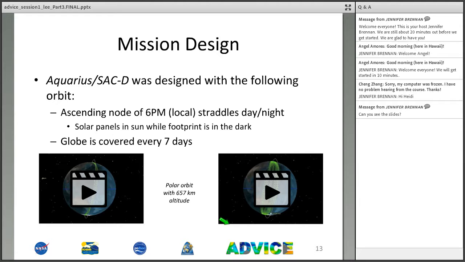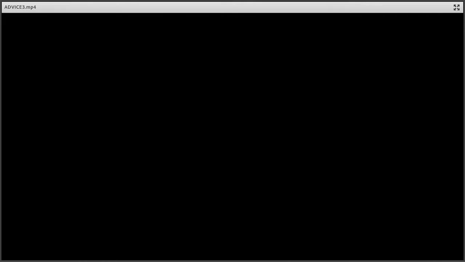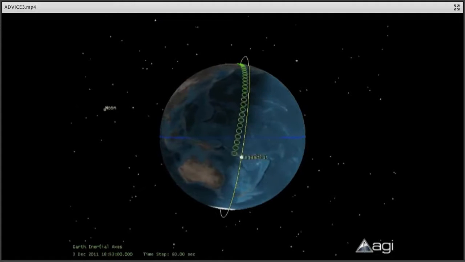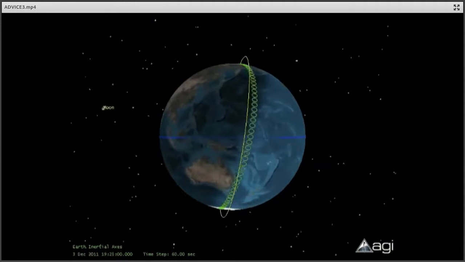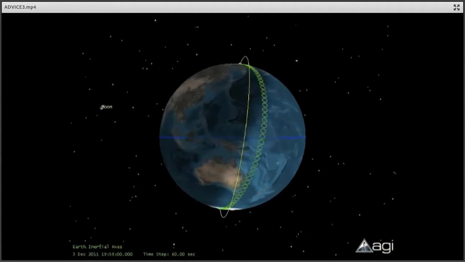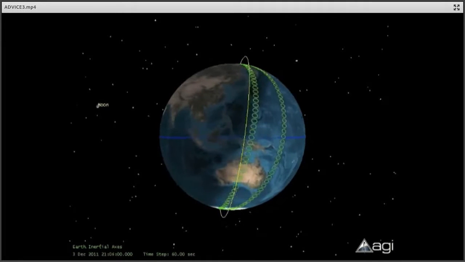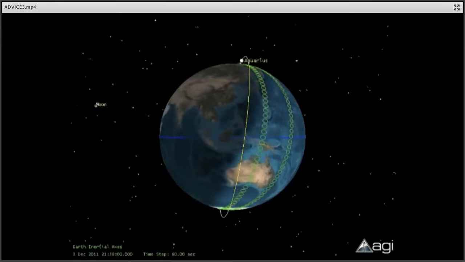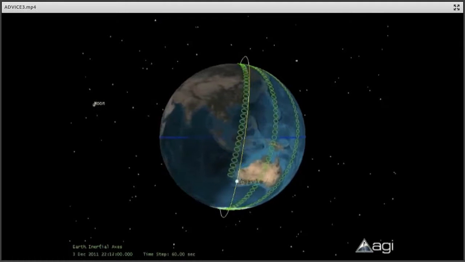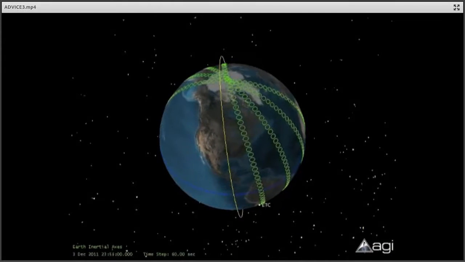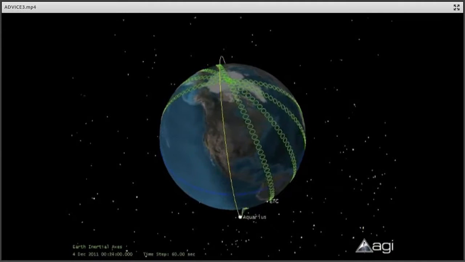The animations here again just show the sampling characteristics of the Aquarius mission that help achieve its swath and the sampling over 10 days that cover the entire globe. So that's so much about the